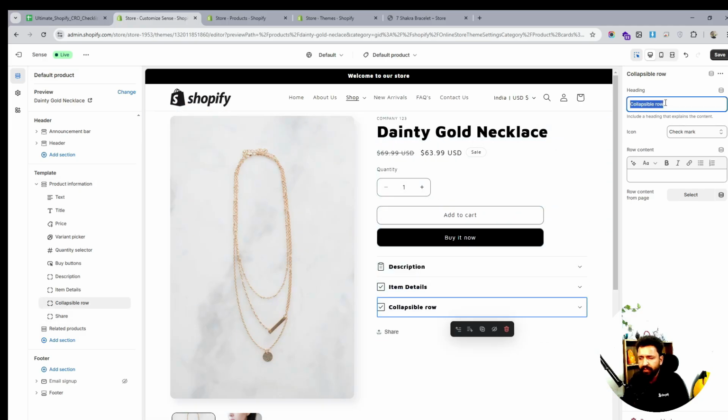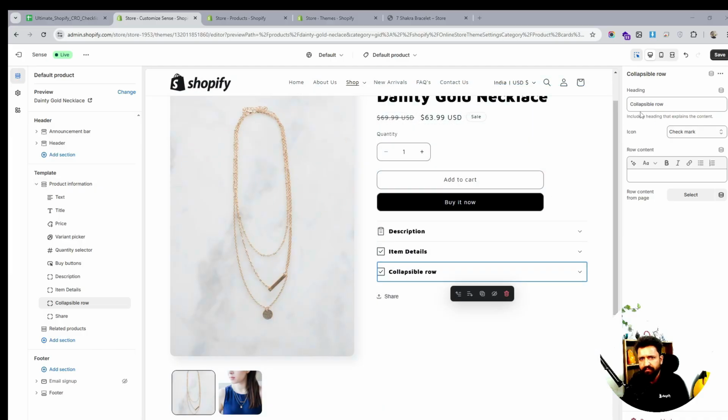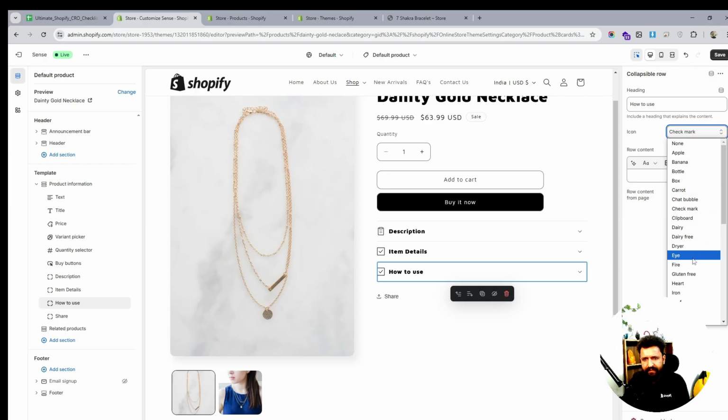and possibly it can be, maybe we can just use, how to use, just like this. So we can select any icon for now. For example, I'll just select